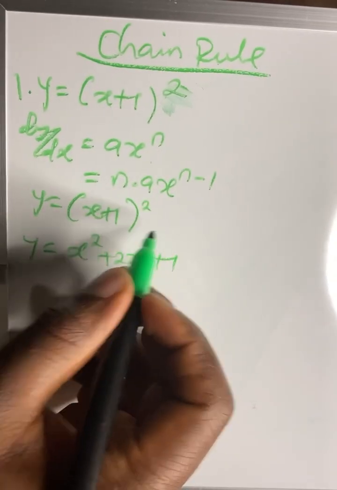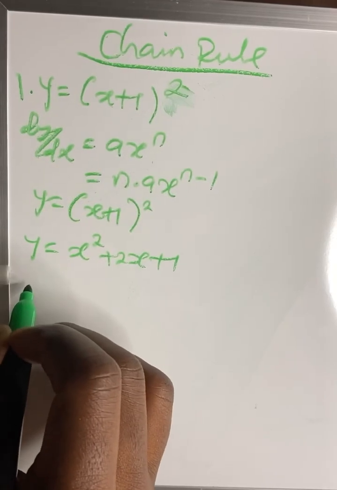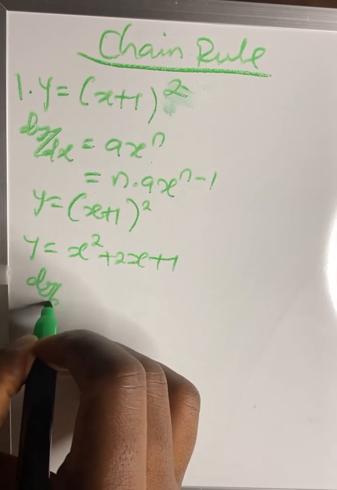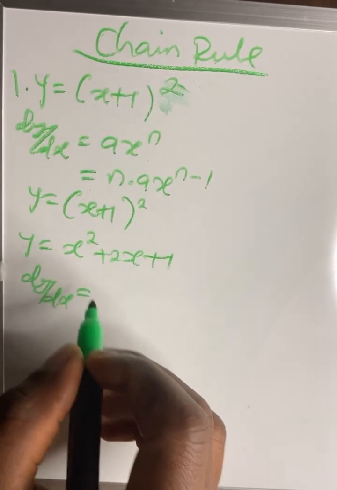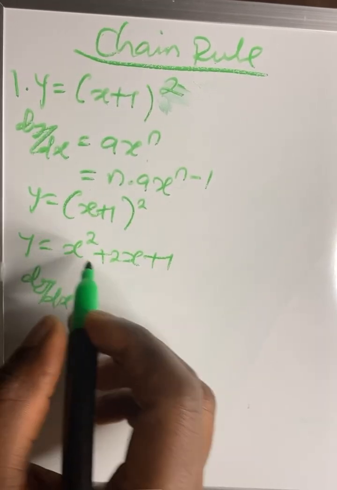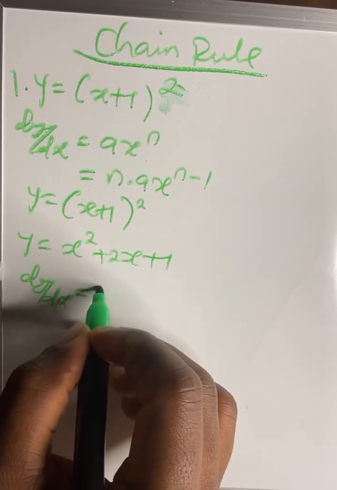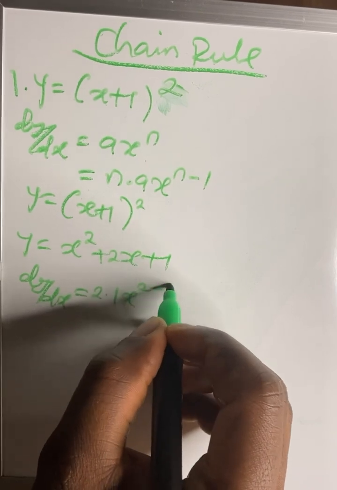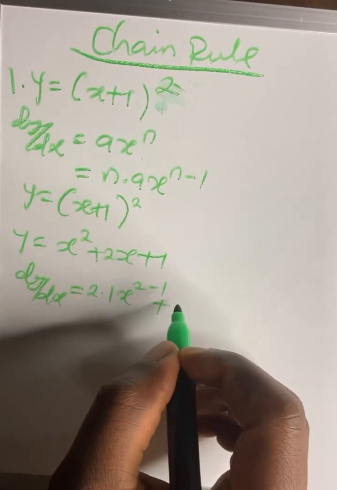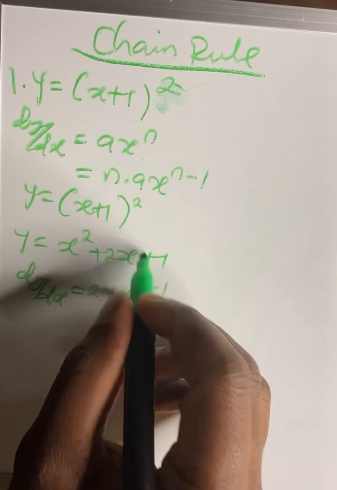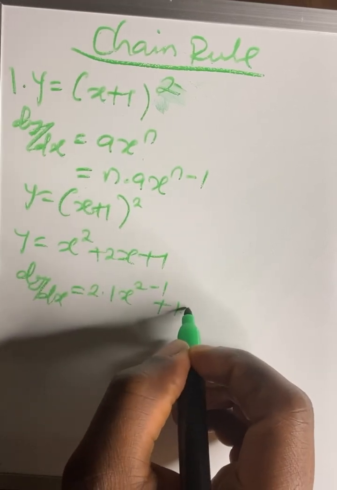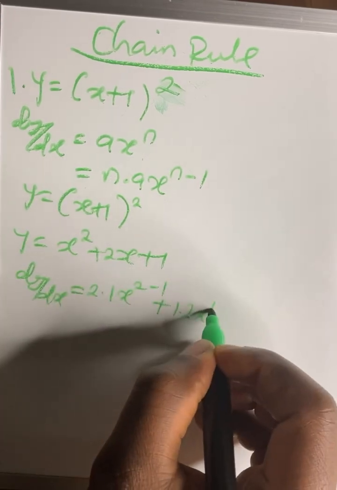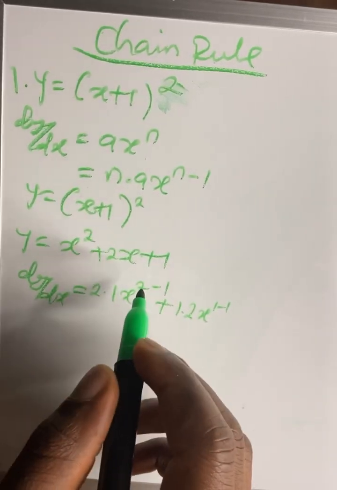Then we employ our general formula. So our dy dx will be equal to 2 multiply the coefficient, that is 2 multiplied by 1 x, the power we minus it 1, plus the power here is 1 multiply the coefficient, which is 2 x, 1 we minus it 1. And we already know that a constant